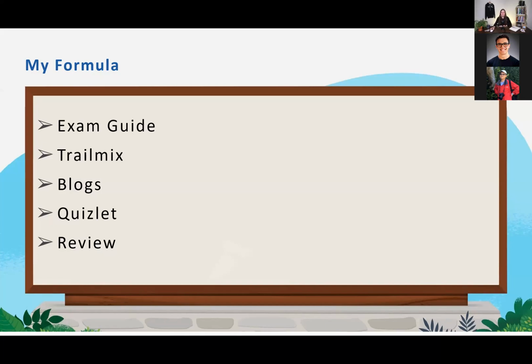About Quizlet, there are some not so good things on that. You can actually find plenty of what they call exam dumps, something like that. Pretty much people put the questions from the real exam there. It's not the right thing, but you may see some flashcards of that style.